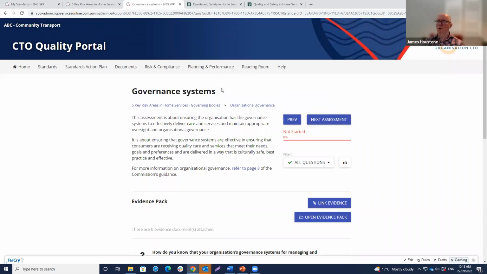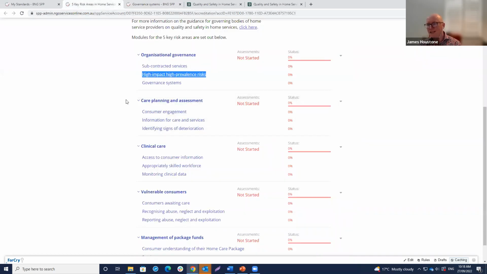So I'm not going to go through the entire 5 key risk areas for today's session. It's more a case of just framing up how the CTO Quality Portal could assist you in working through those. If you've done that work in the platform, it's providing you with that structured approach, and it doesn't have to all be done at once.